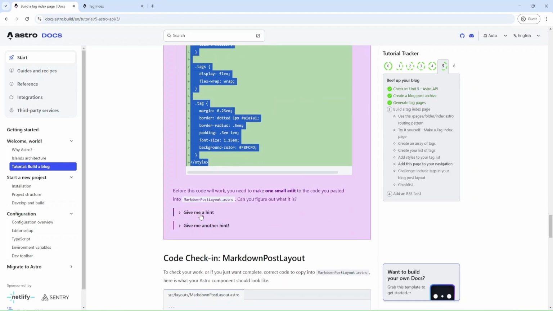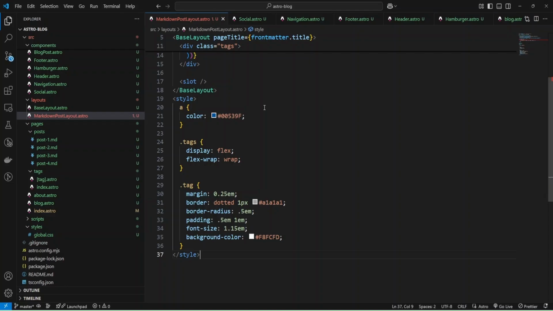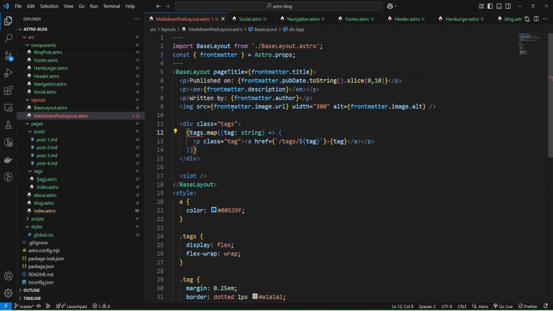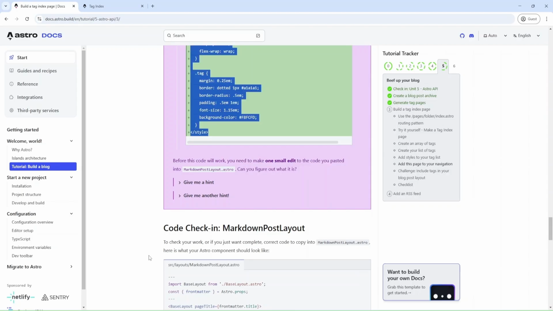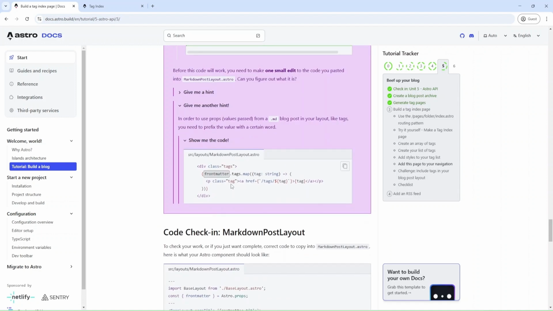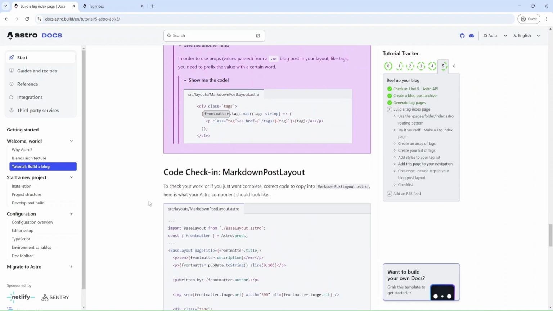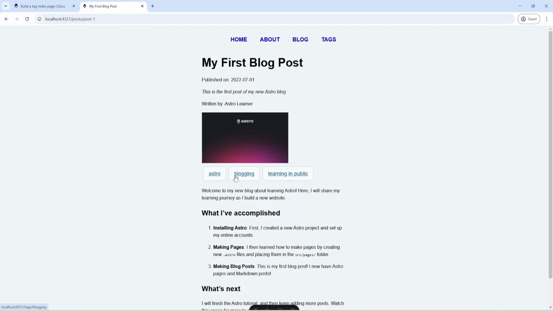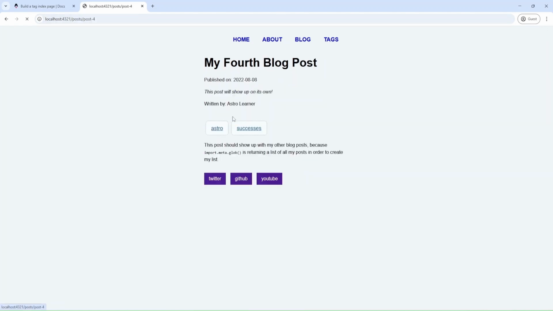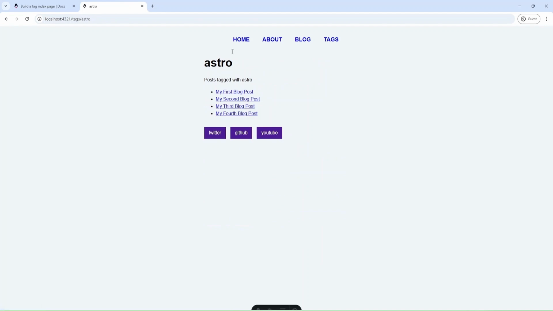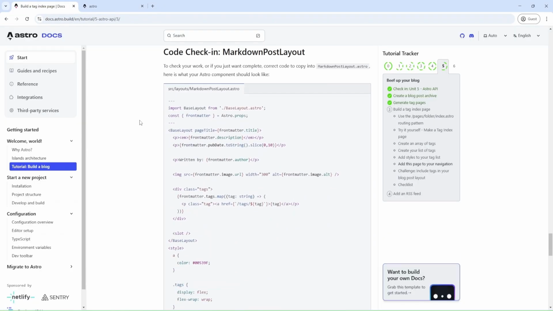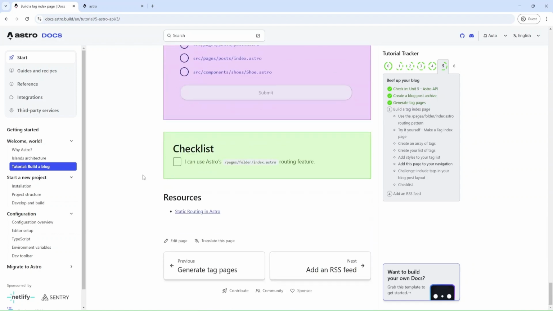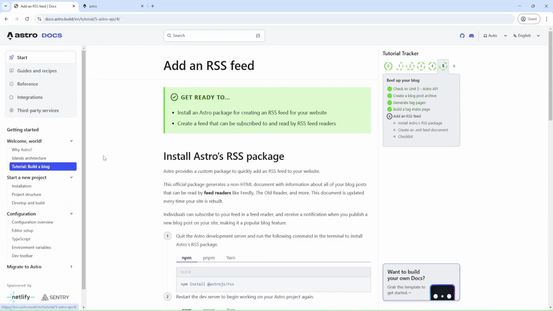Okay, and now we need to change, and we don't have tags here, but we have frontmatter props, and we can use tags from that. Okay, and yeah, they did the same. And let's check some blog post. And as you can see, now we have tags here, and also we have them here. They propose to check the code, and we did it, and I can mark it as done and go to